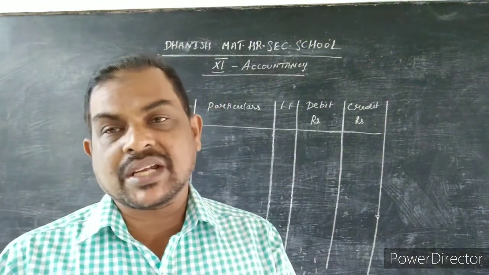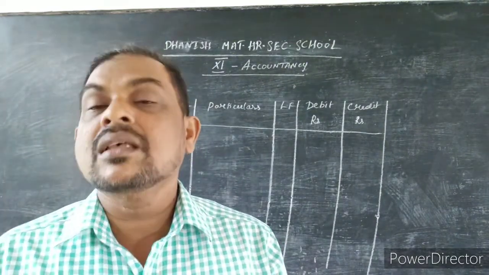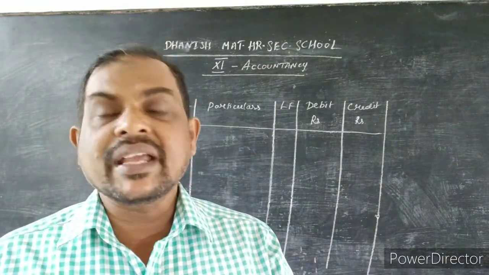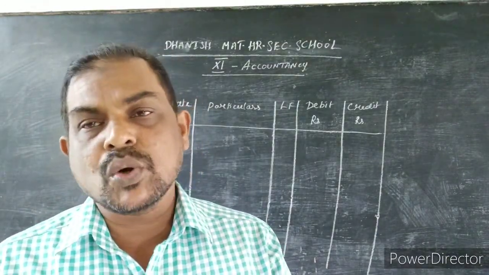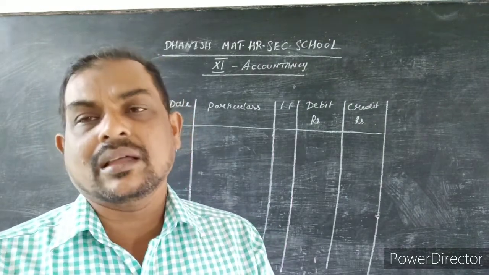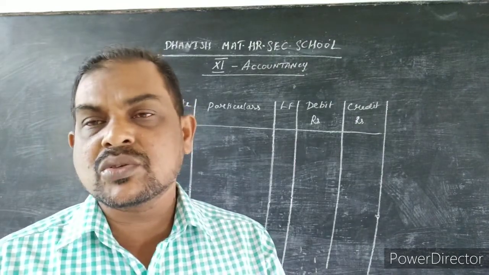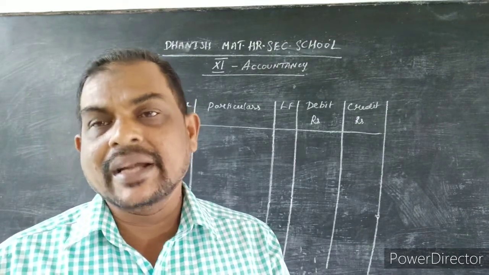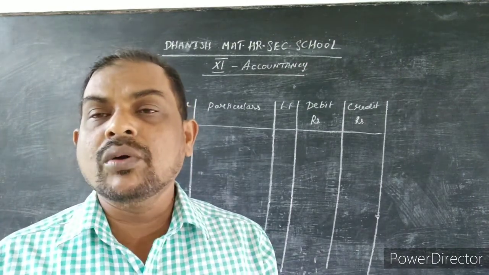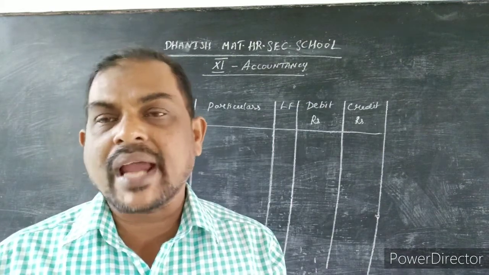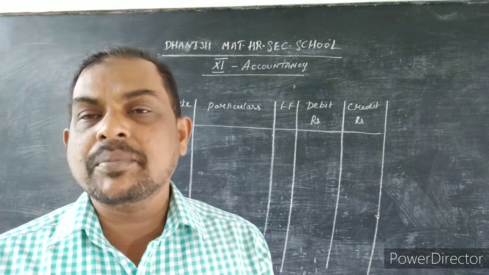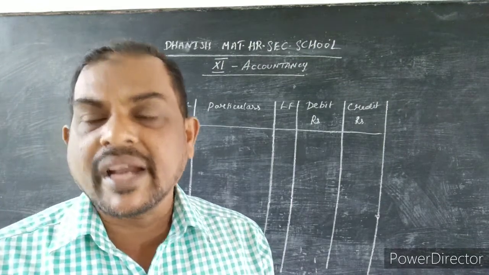Started business with cash. I already told you, commenced business, started business with the help of capital only. So here Mr. Ganeshan contributed some capital. Ganeshan's capital is a personal account. He is contributing the amount to the business, so Ganeshan's capital will be credited, the giver, as per the personal account rule. Then he is contributing that amount in the form of cash, so cash is coming into the business. As per the real account rule, cash is debit and Ganeshan's capital is credit.